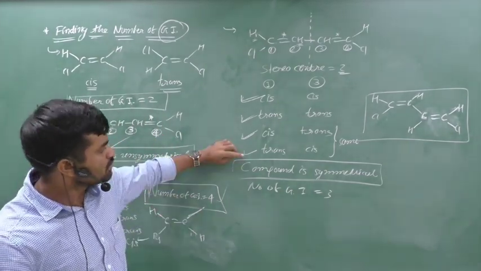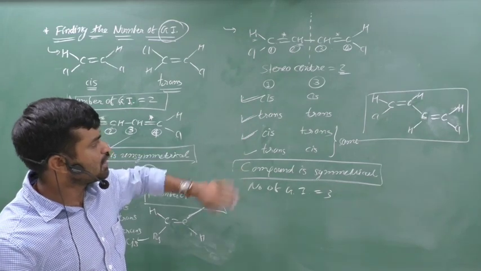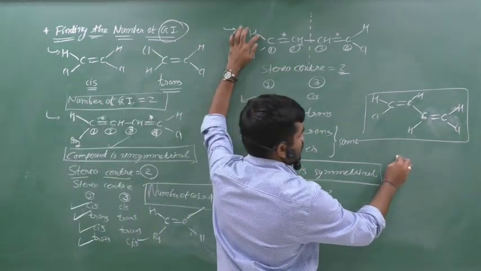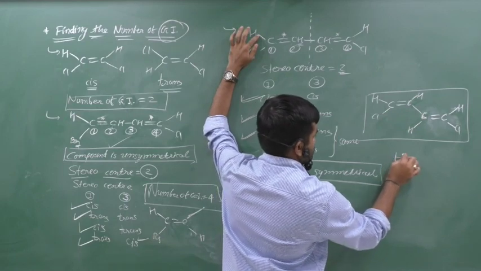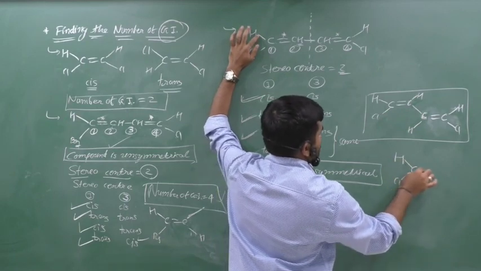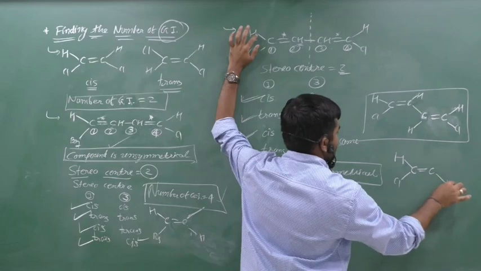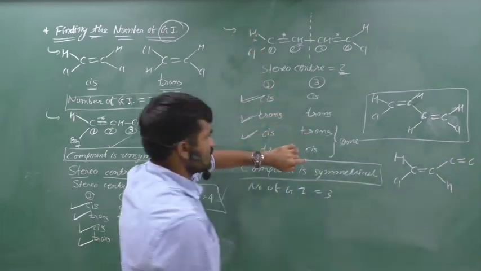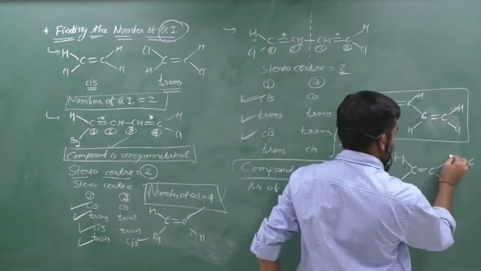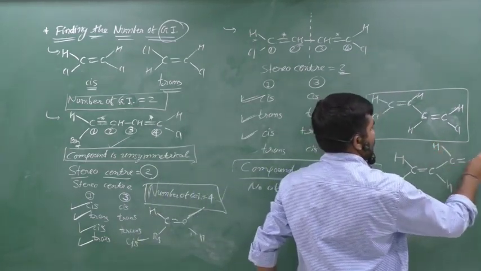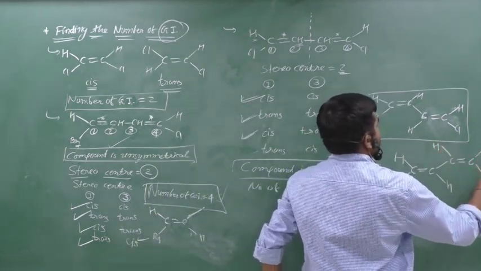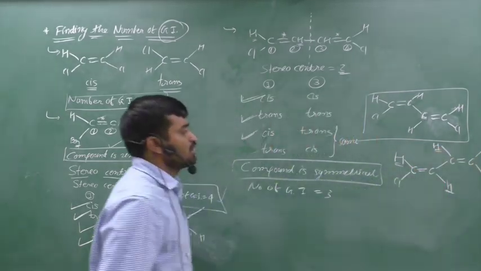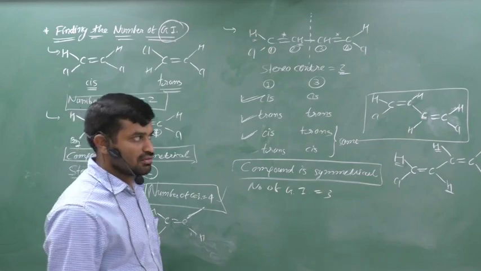Now the fourth possibility is like that. If we have trans form here, it is HCCl double bond C, here hydrogen, here C double bond C, and it is in a cis form, means that it is cis, it is trans. First one is trans, third one is cis.